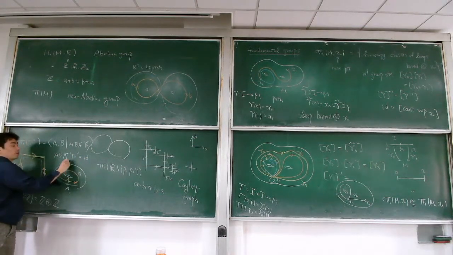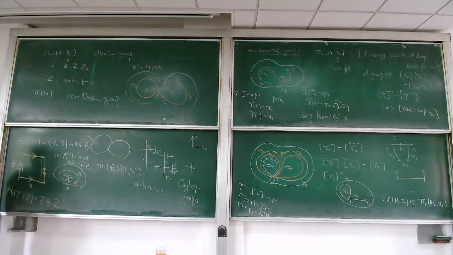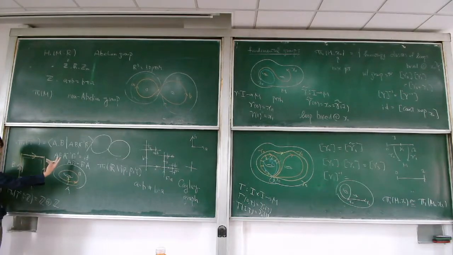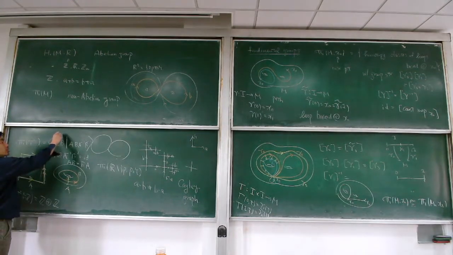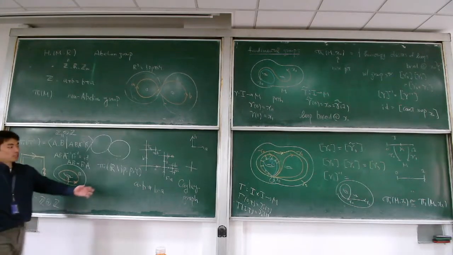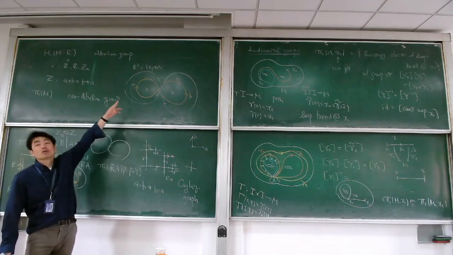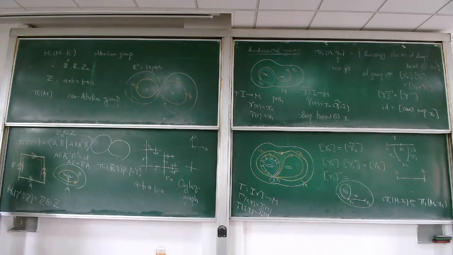So this will give you AB is equal to BA. So A and B commute. Therefore, indeed, this stands for Z plus Z. So magically, in the fundamental group of T2, it becomes abelian. Whereas the fundamental group of R2 minus 2 points is non-abelian. A times B is not equal to B times